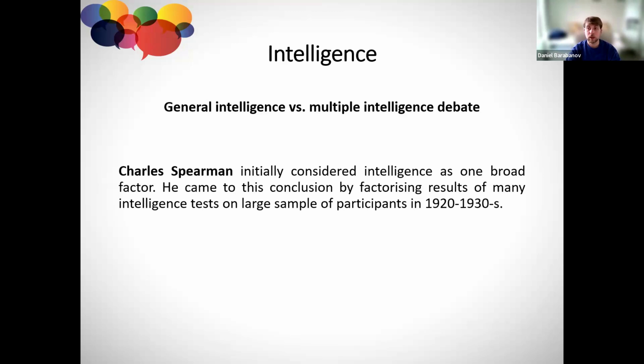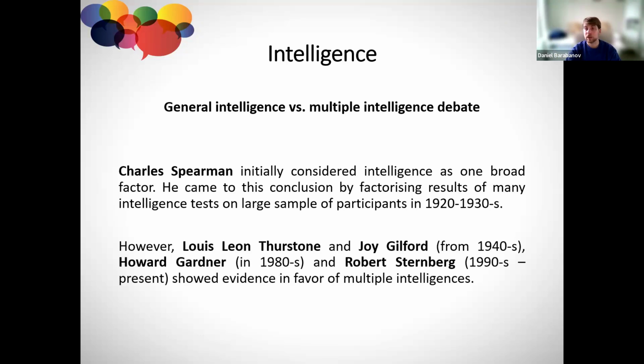Other psychologists disagreed with Charles Spearman and started to think that maybe you can be smart in math, but not very smart in English, and at the same time have very nice musical abilities, for example, singing and playing different musical instruments. And so we actually need to think about multiple intelligences. The problem with multiple intelligences theories is how many intelligences we should distinguish, and what's the difference between intelligence and just special abilities. Do we even need the concept of intelligence? So it was quite a debate.